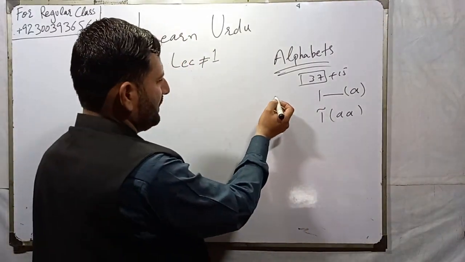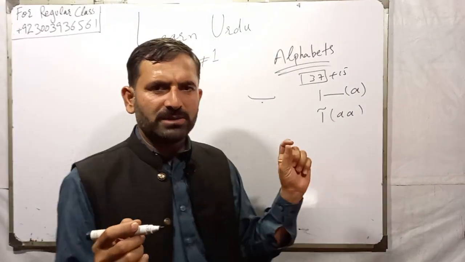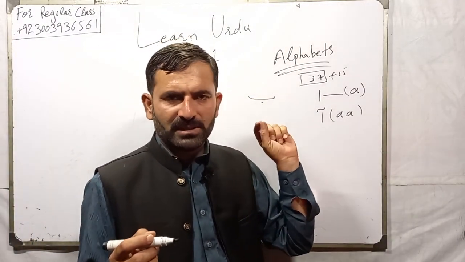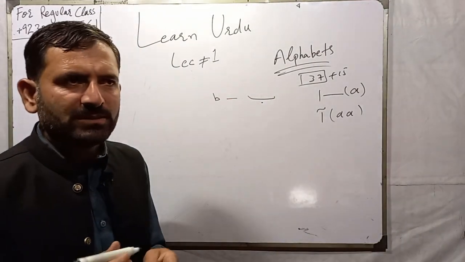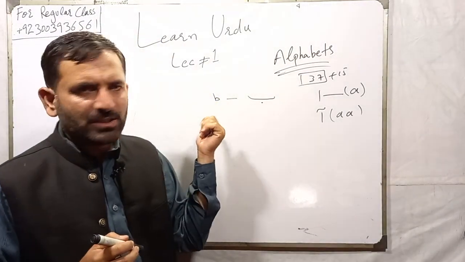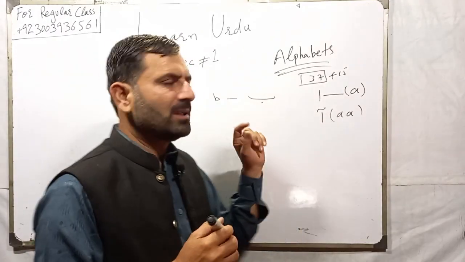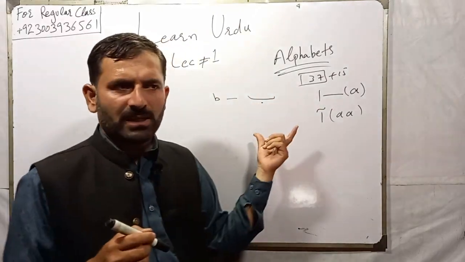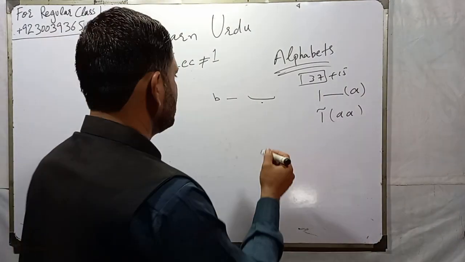The next one is Be. In Urdu language, this symbol is pronounced as Be. It sounds like Ba, just similar to how we pronounce B in English. Urdu letter Be, Ba, just as Badal, Badar, Bilal, and so on. The next letter is